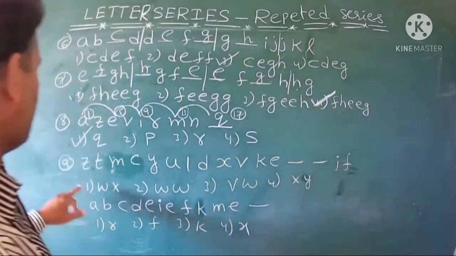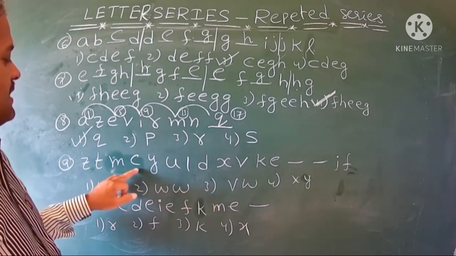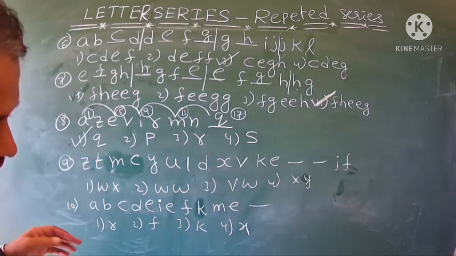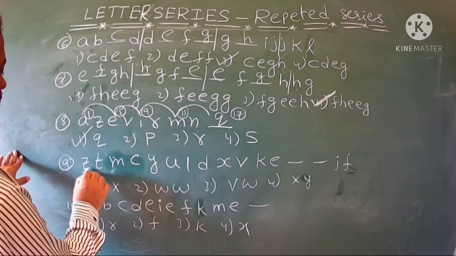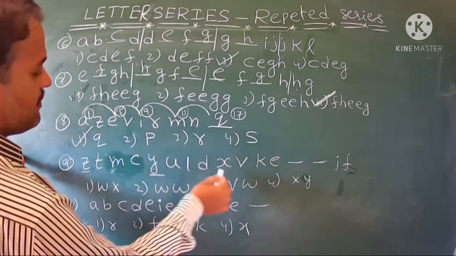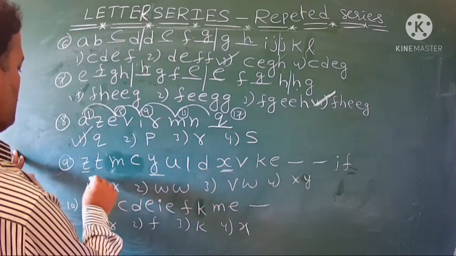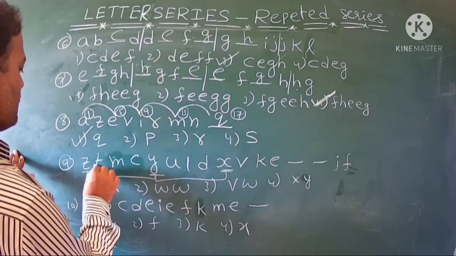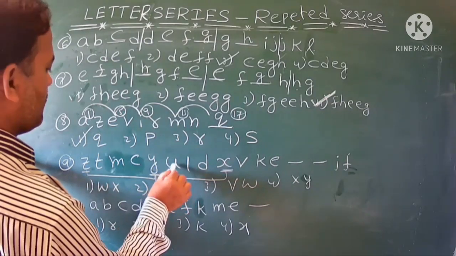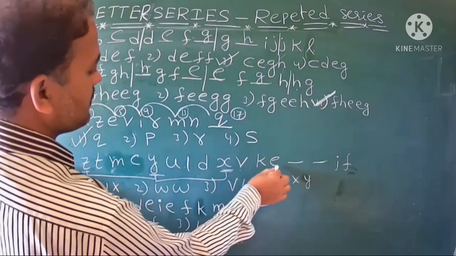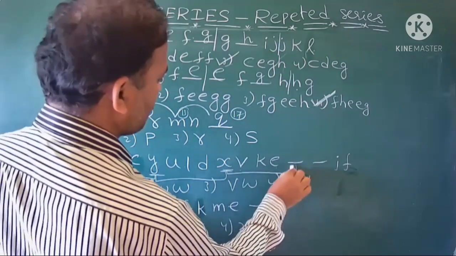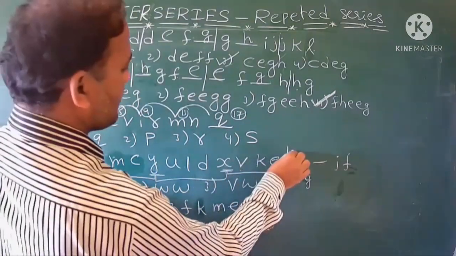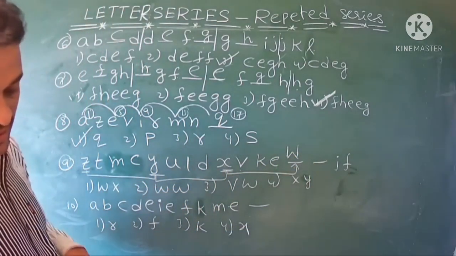Okay, next ninth question. So Z T M C Y U, like that it will be. Once you observe here, Z will be there, next here Y will be there. So Y before here X will be there, no? So once you observe here Z Y, next here it is Z, next 1, 2, 3, fourth letter. Again 1, 2, 3, again fourth letter I want. But here what will we get? Z X means next what will come? Here again W will come.